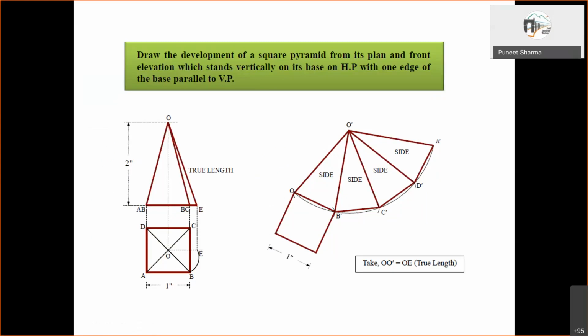Here again a square pyramid is shown, but you see the front view: if you draw this square with one edge parallel to the vertical plane, then the front view will not give any of the edges with their true length. This is representing a face, OA, OB, both are coincident. So there is a mistake in this.